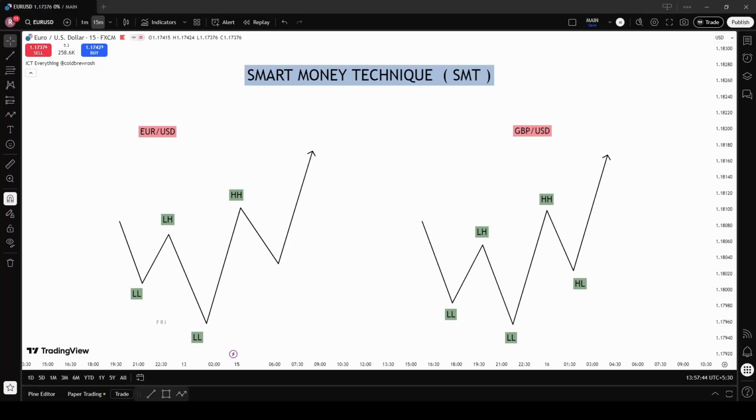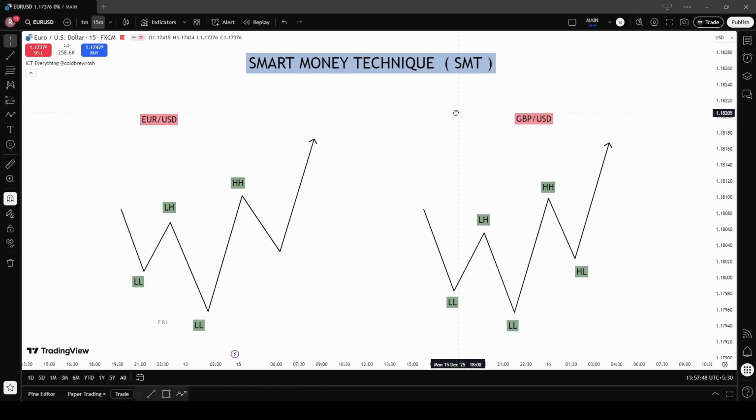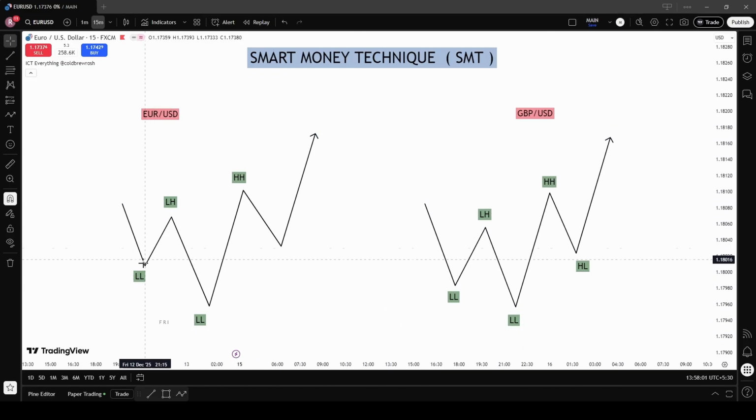In this video, we're going to cover smart money techniques, or SMT. SMT usually forms between correlated assets. Correlated assets generally move in the same way and follow a similar market structure. For example, when euro is making a lower low, GBP should also be making a lower low. When euro makes a lower high, GBP should do the same, and this continues as long as the correlation remains